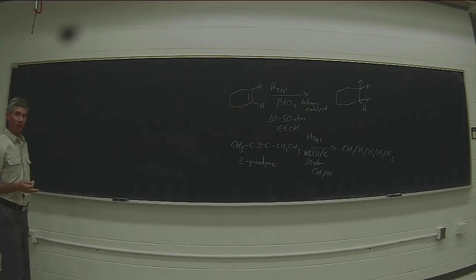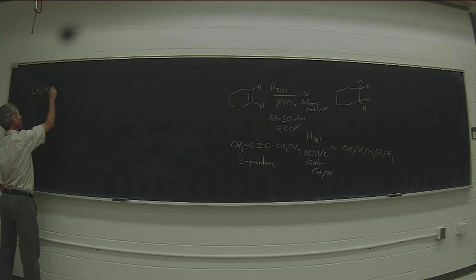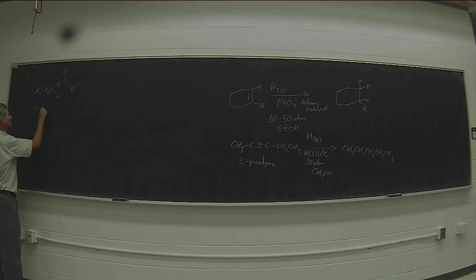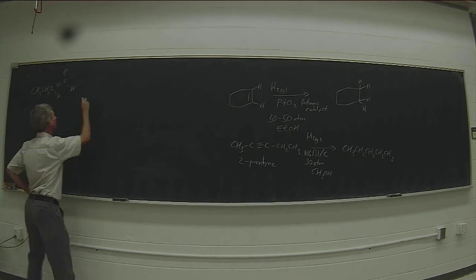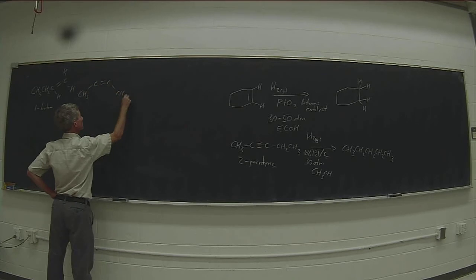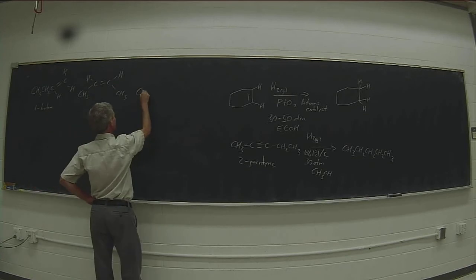So for example, if you take 3 isomers of butene, 1-butene, cis-2-butene and trans-2-butene,